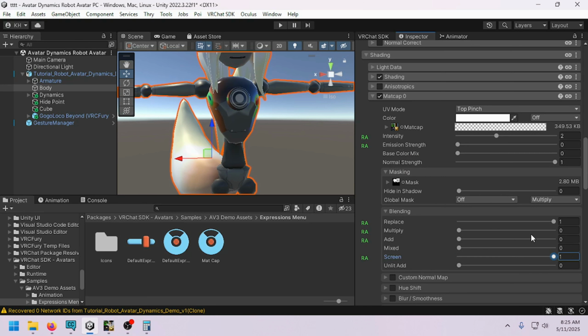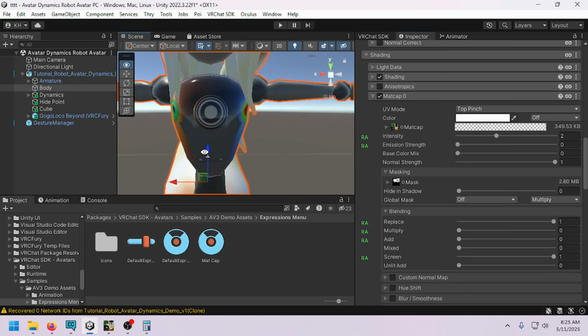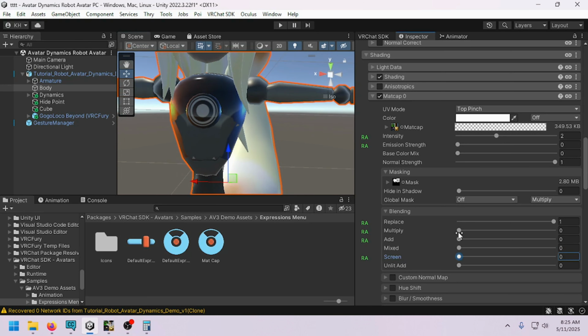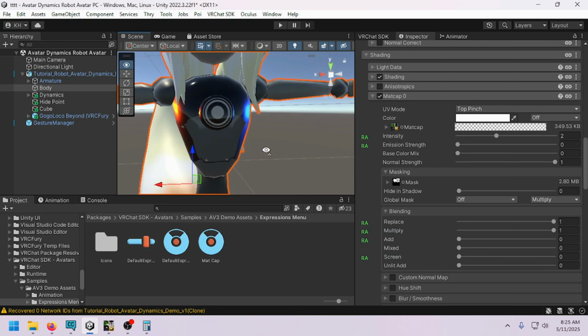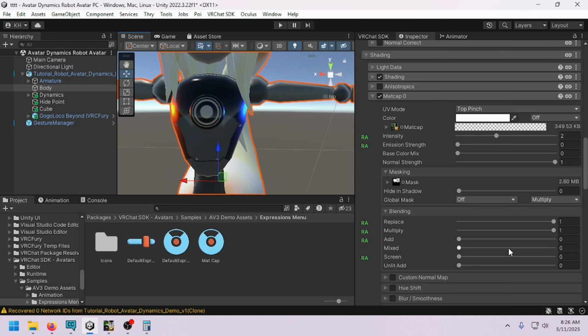Because if you do the screen, it does kind of an interesting effect to it. The multiply should make it darker. Yeah, it's more like a contrast. It makes the darkers dark and the brighters bright. Add will just make everything brighter. Mixing,